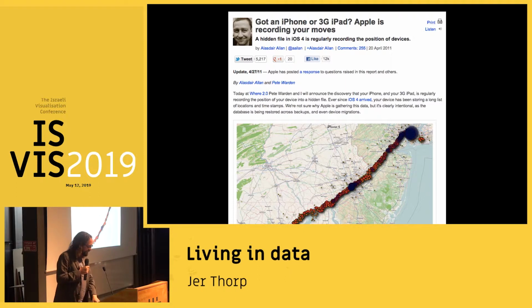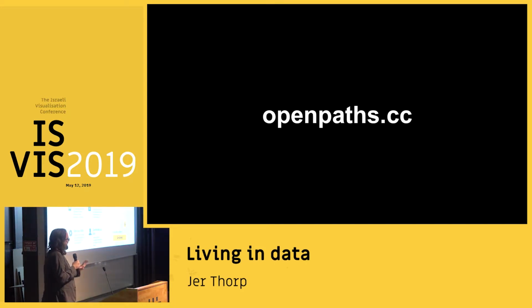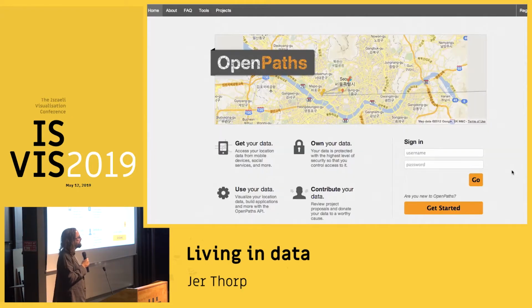And so we built a tool called OpenPaths, which allowed anybody to get that data from their device, upload it, store it securely and encrypted on our servers, so that they would actually be able to hold and view this data that they were never able previously to view. So OpenPaths is dead right now, but I'm happy to say that we're reviving it in a slightly different version right now. Brian House, the lead researcher on this project, is working on it.